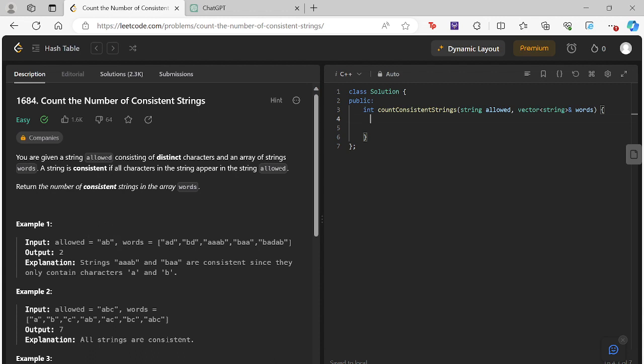We have AB for allowed, and then we have the words AD, BD, AAB, BAA, BAD, AB. As you can see, the output is 2, since strings AAB and BAA are consistent, so they only contain characters A and B. So example 2,